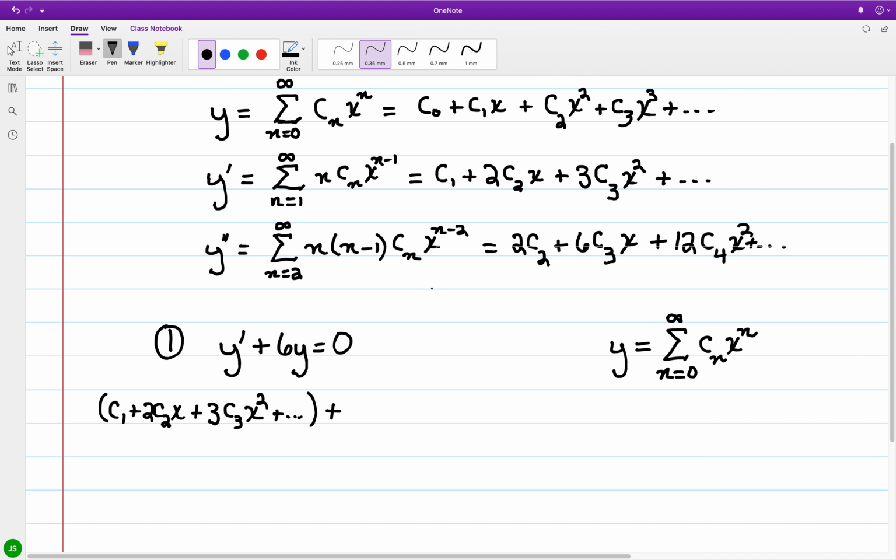For plus 6 times y, we have 6 times c naught plus c1x plus c2x squared